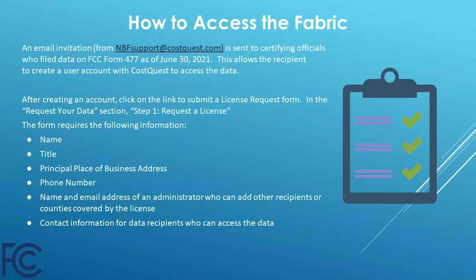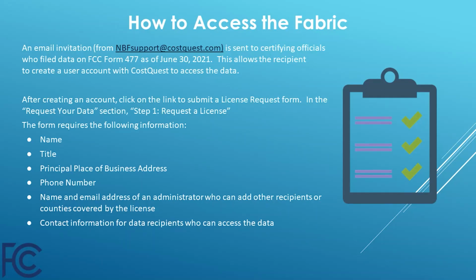If you're an entity that filed fixed broadband deployment data on Form 477 as of June 30th, 2021, you should have received an email from CostQuest inviting you to access the preliminary fabric. If that is the case, you can create your user account with CostQuest by clicking the link in the email. If you are a fixed broadband provider that did not file Form 477 data as of June 30th last year, but will be filing availability data as of June 30th, 2022 in the BDC, please contact